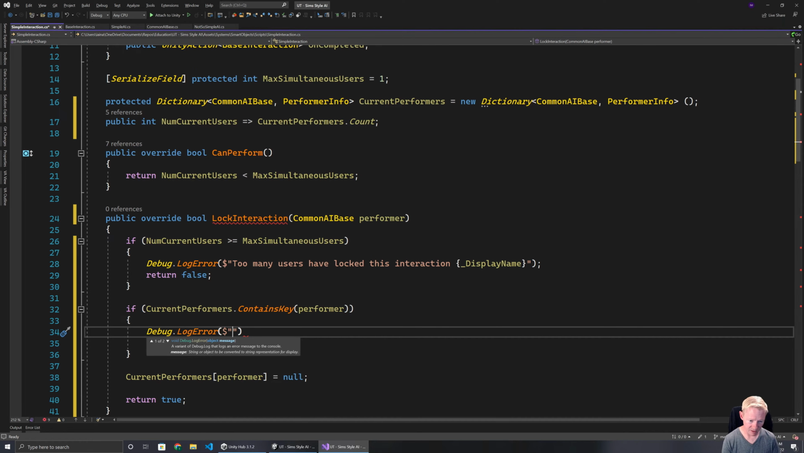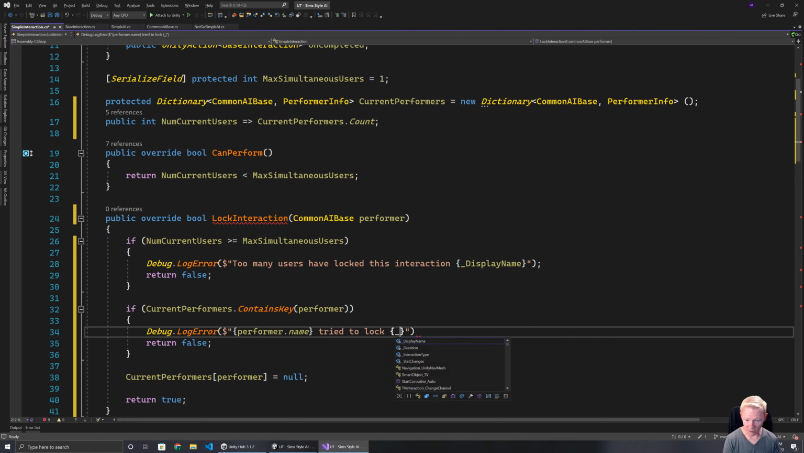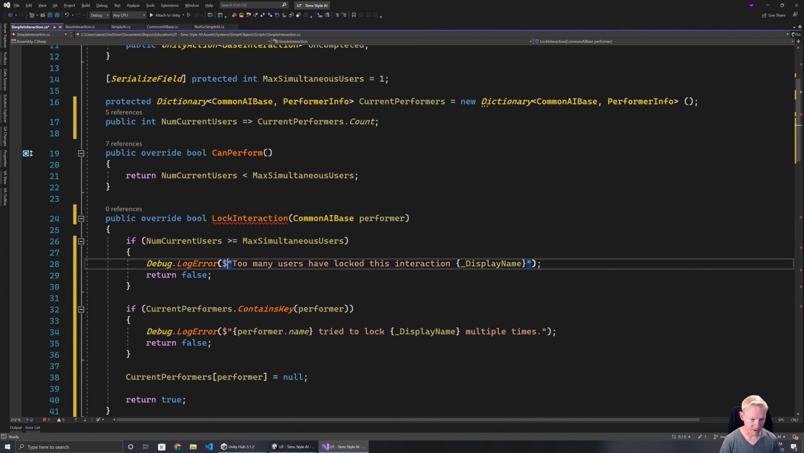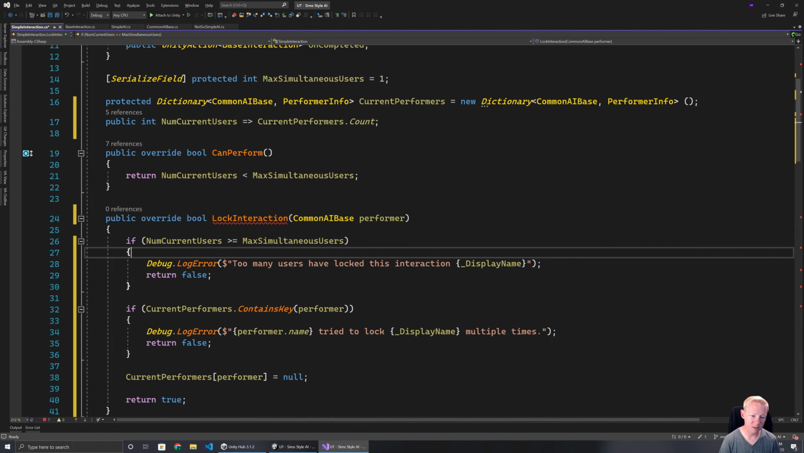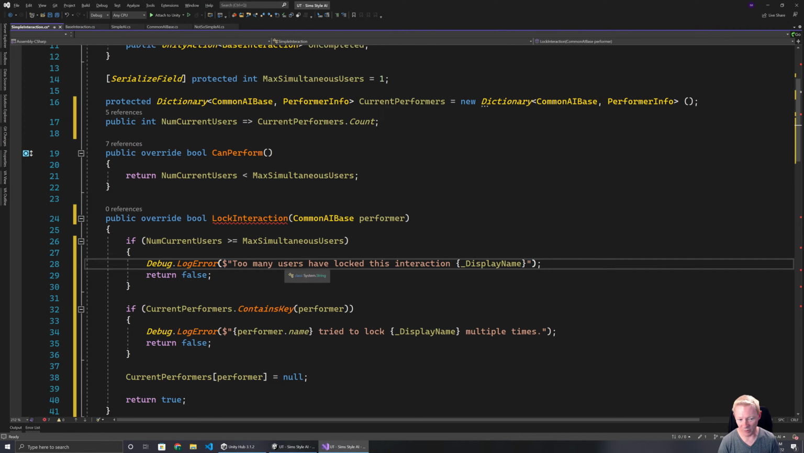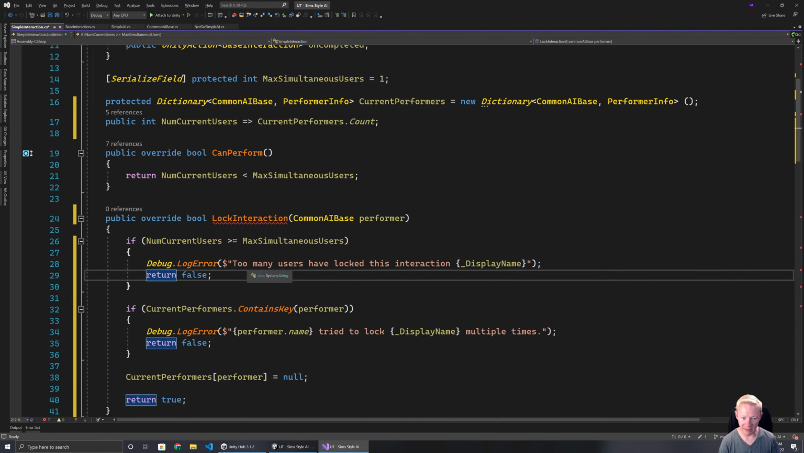So in this case, I would say performer.name tried to lock, and I can put out the display name multiple times. So that's good. Now the num simultaneous, I think I still want to keep that as a log error,